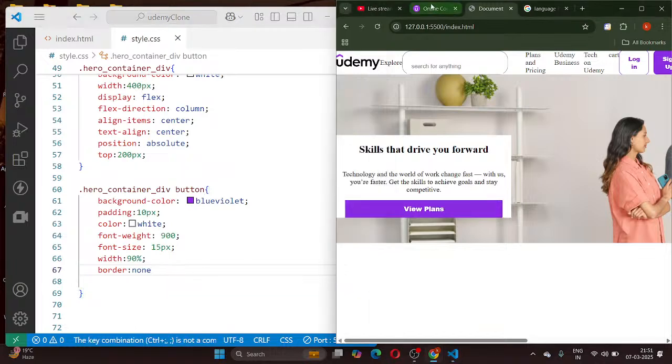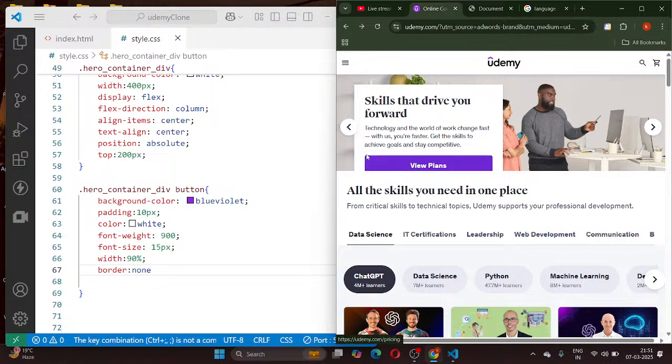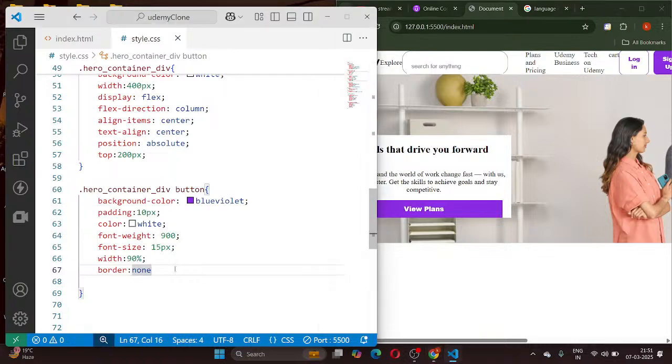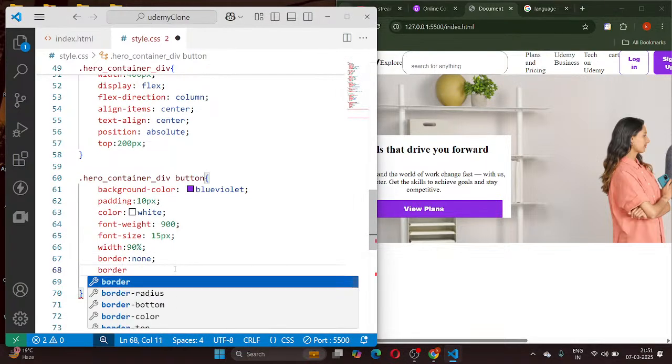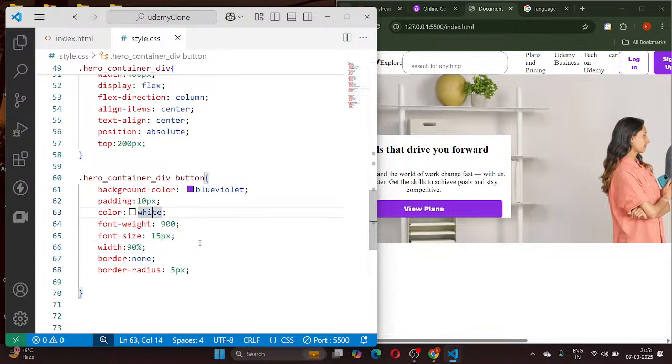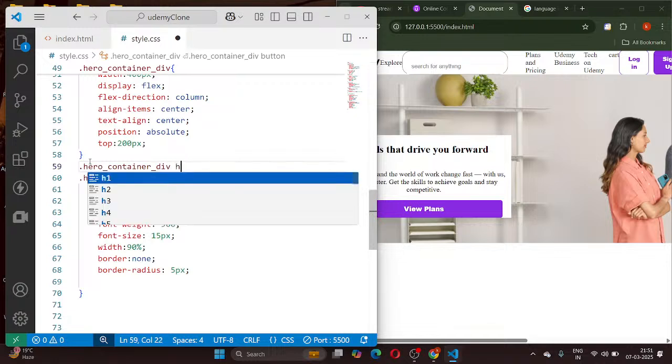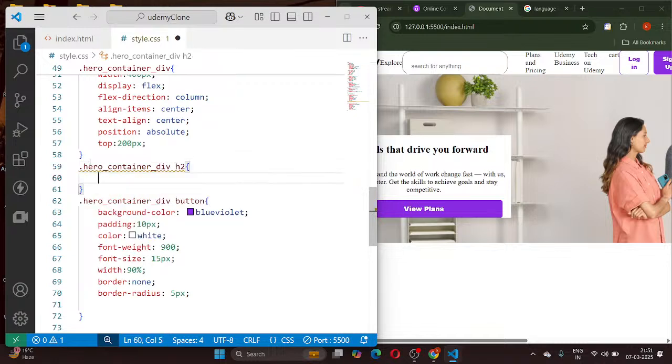So now it is looking something of this sort, and there is some small border radius also there. So let's give some small border radius. So border radius of 5 pixels, right? This is enough. And then we have to increase the size of this heading. So we are saying that there is an h2 tag inside this hero container div. So increase the size to 2em, right? So font equals to 2em, and